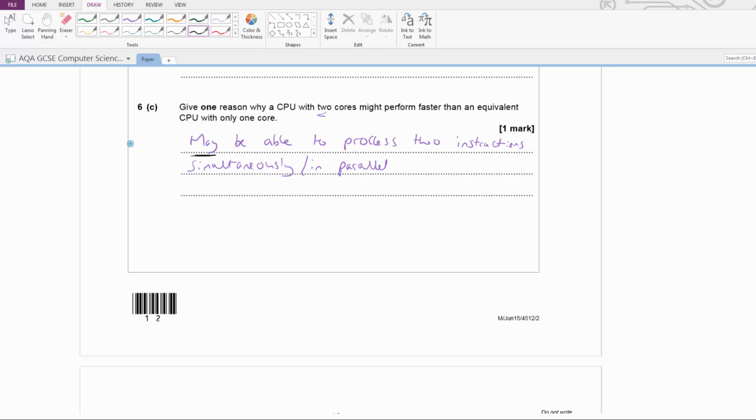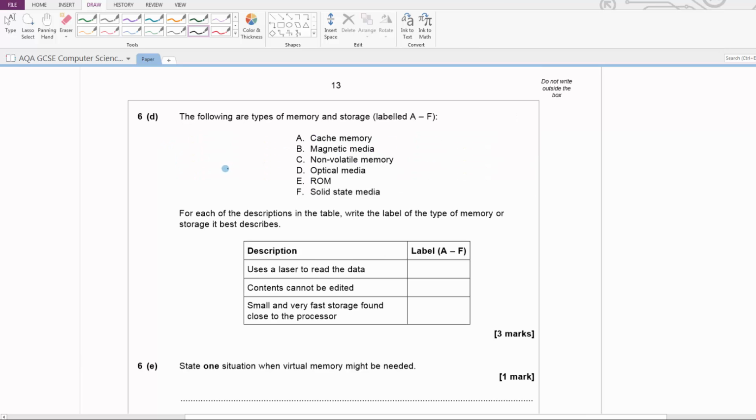A lot of CPUs now have many cores, but you need to have an algorithm that's actually going to work with it. For 6D, we're shown 6 different types of memory and storage. Storage tends to be non-volatile, persistent storage, whereas memory on its own tends to just mean main memory, which is